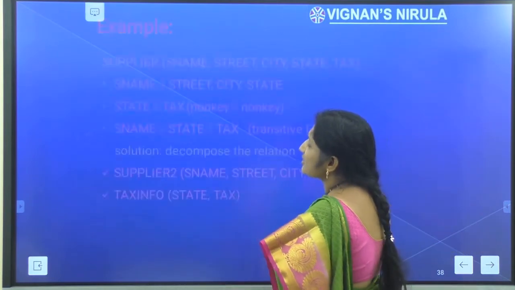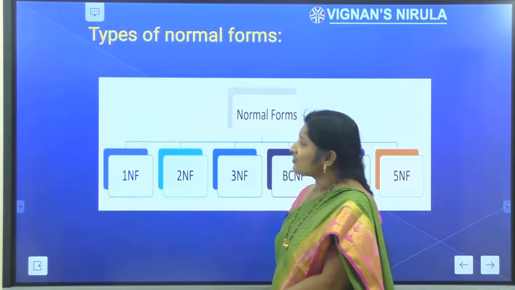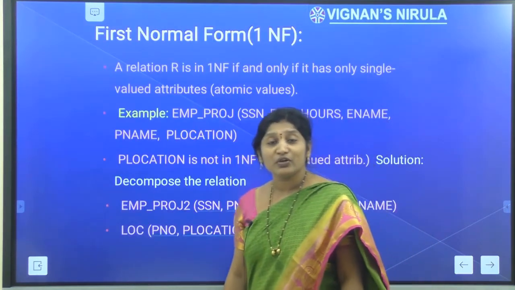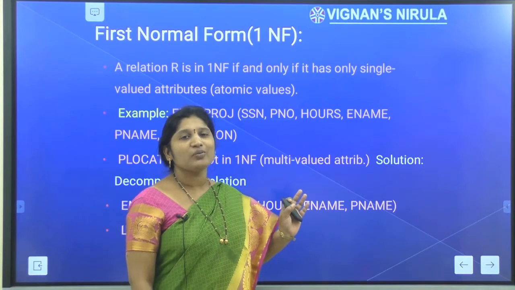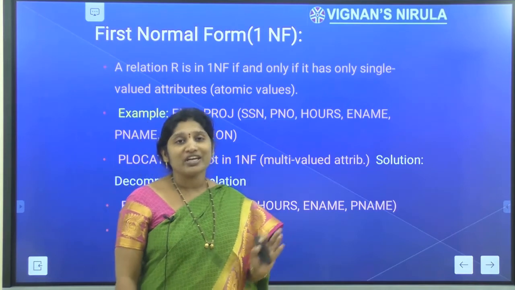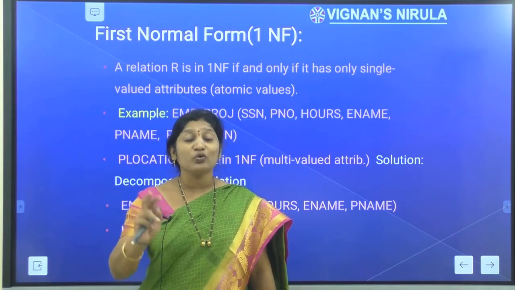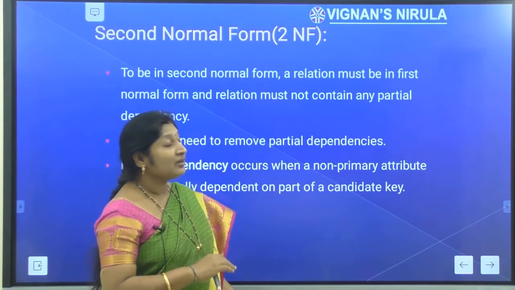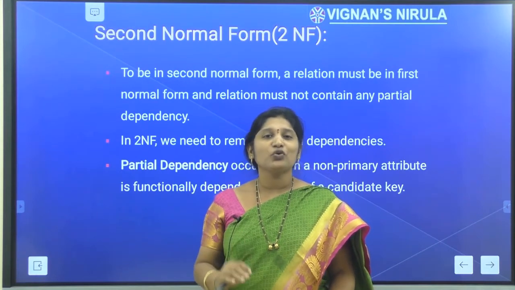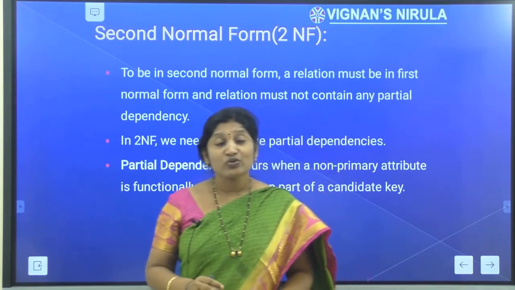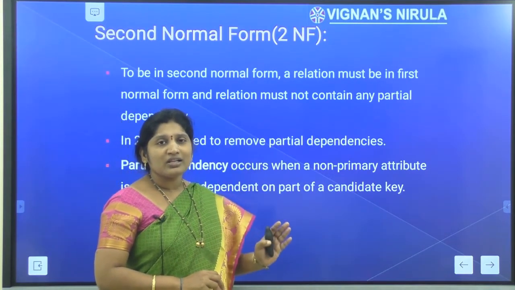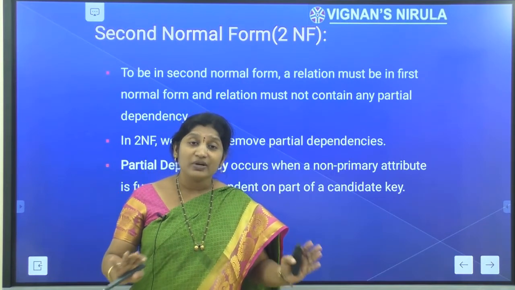So in this video we have discussed the various types of normal forms available: 1NF, 2NF, 3NF, BCNF, 4NF and 5NF. We have described what NF is and the rule of 1NF. A table is said to be in 1NF if and only if all of its attributes are atomic. So the main aim of 1NF is to remove multi-valued attributes. And the second, the rule for 2NF: a relation is said to be in 2NF if and only if it is in 1NF, and for each and every FD present in your table, all the FDs are complete FDs, no partial dependencies are available.